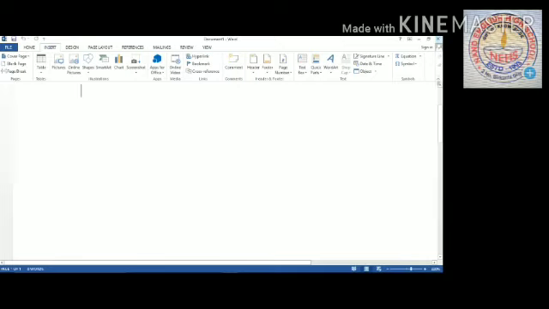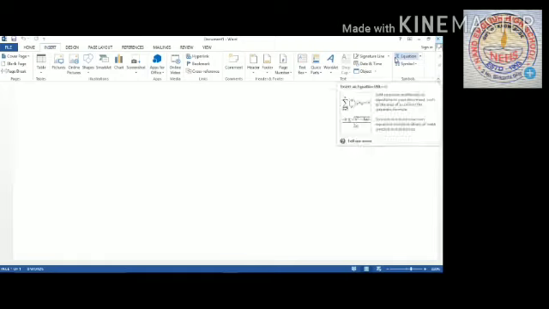Okay children, so the title bar is displayed at the top of the MS Word window and on the right side it has 3 most important buttons, like minimize and then restore. Minimize button is used to reduce a window to a small icon on the taskbar, restore button is used to reduce a window down from the original size, and close button closes the current document.